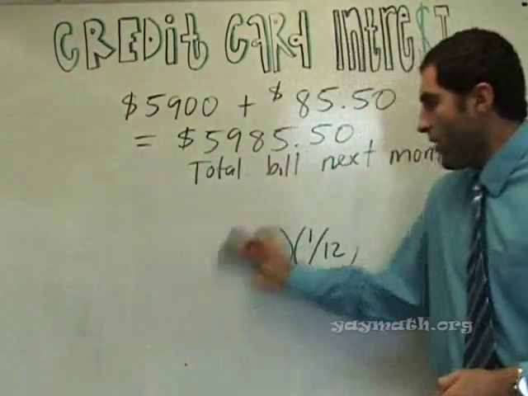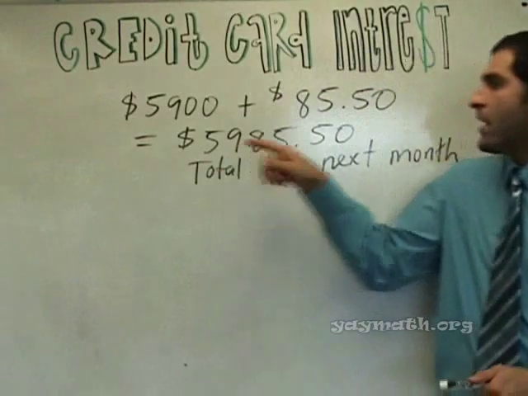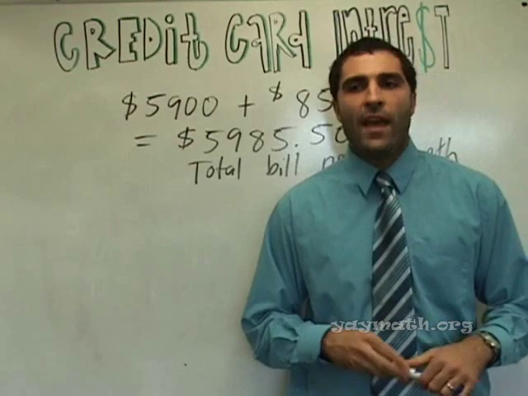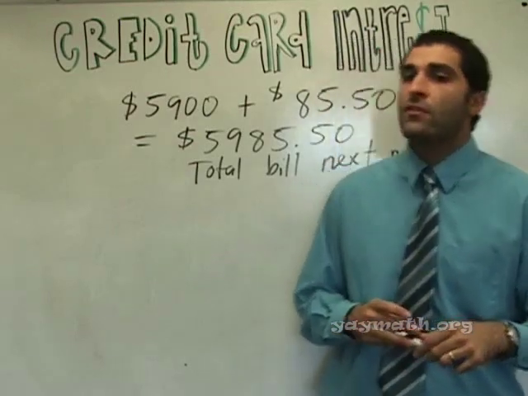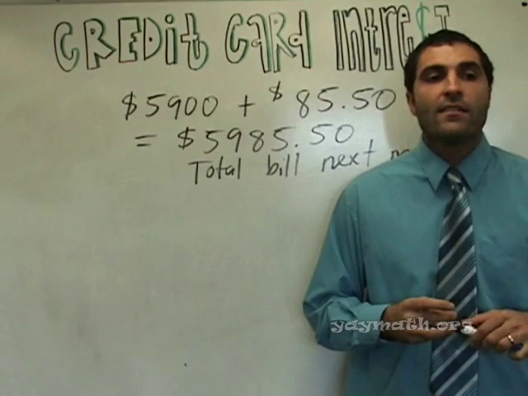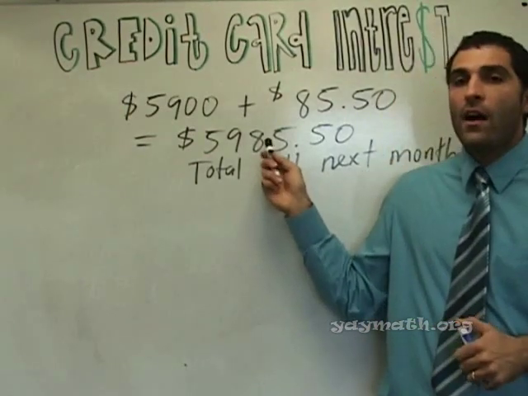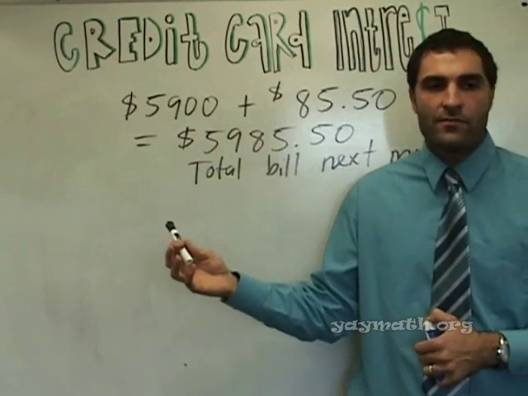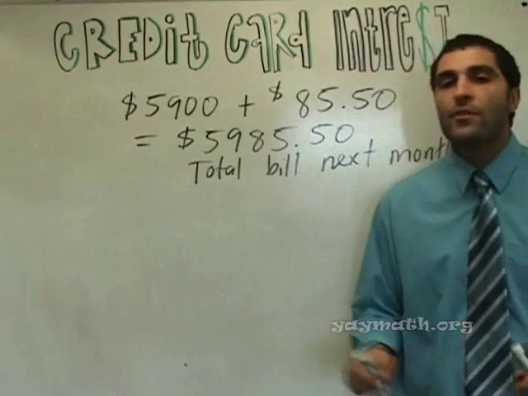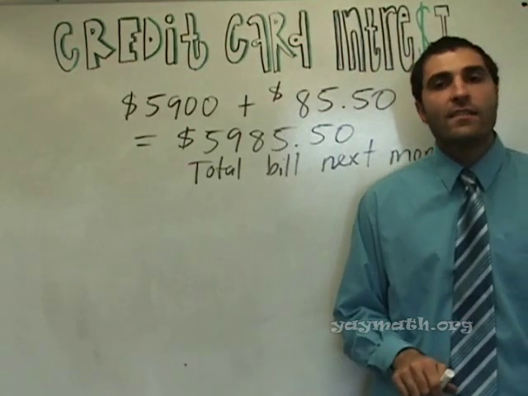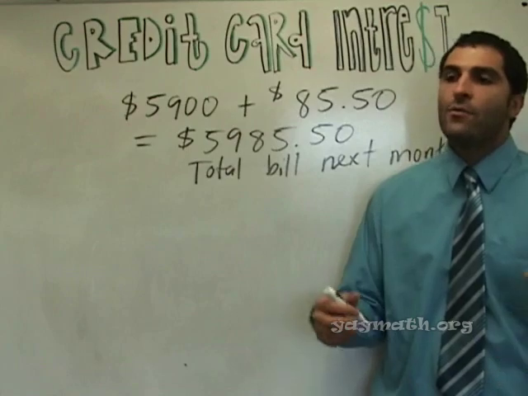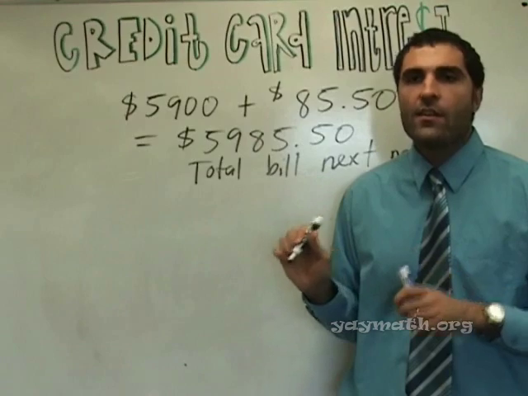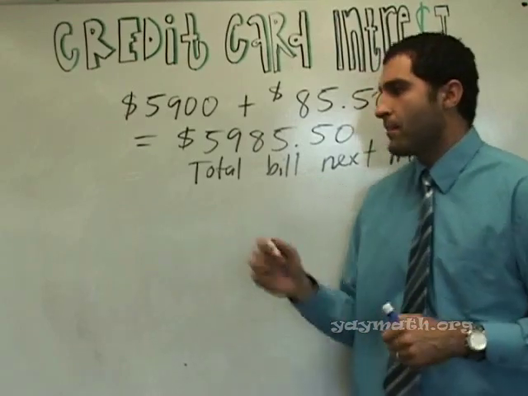Now, last question. The next bill comes in at $59.85. Does the credit card company really want you to pay the entire amount in full? No. Why not? They want you to keep the interest going for the next month. Of this bill, $85 goes straight to their pocket because that's the extra money that they charged you. So they're content with you not paying the whole amount. But they do want you to pay something. They don't want to send a bill into a black hole and have no response from the customer. So they want some sort of action, and that's what we call the minimum payment.